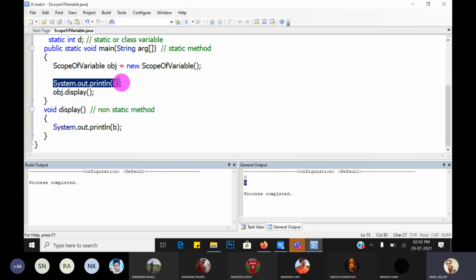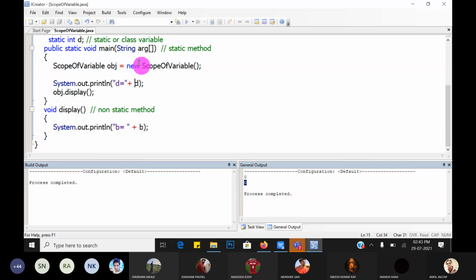Understood? First this line is executed, so I will give some message here. D is equal to, in double quotes, plus D, same way B is equal to, in double quotes, plus B. So it gives a clear idea.